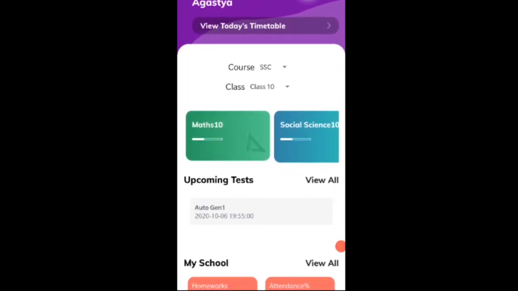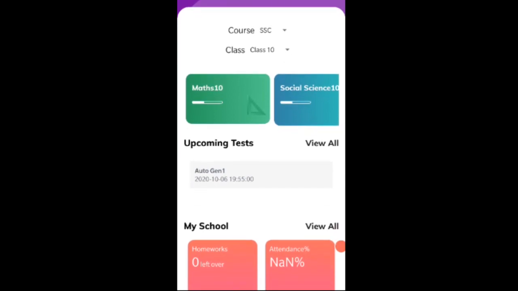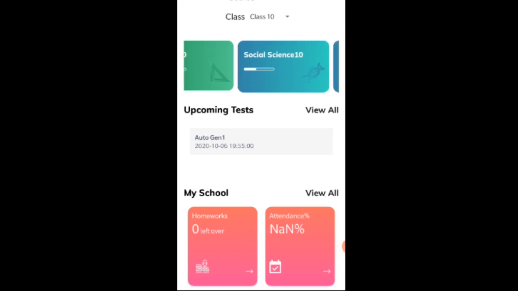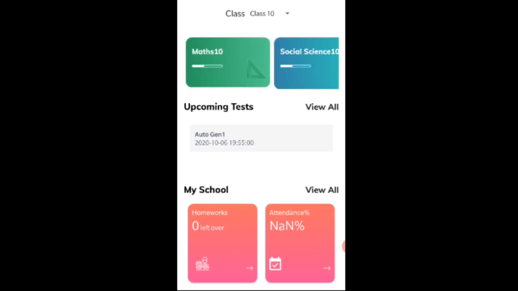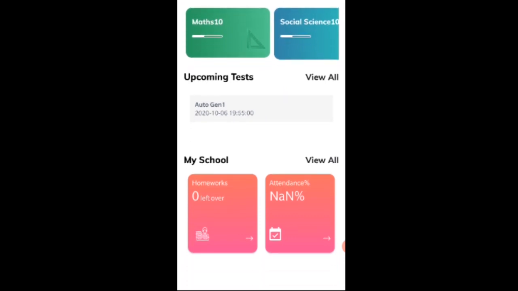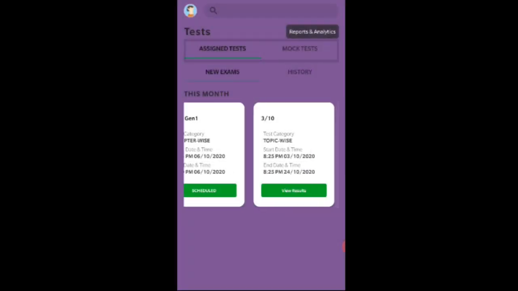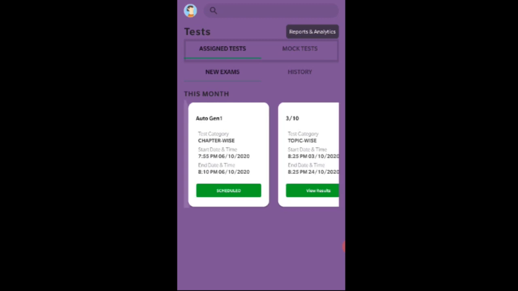You can see the test is published here, AutoGen 1. It's visible on the home page. So you can also click on view all, and all the previous tests will also be available along with the tests that are scheduled.